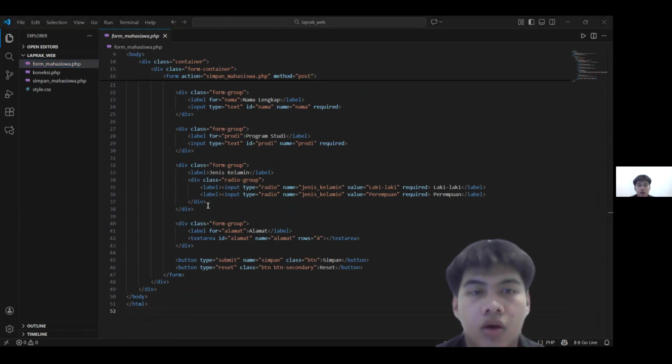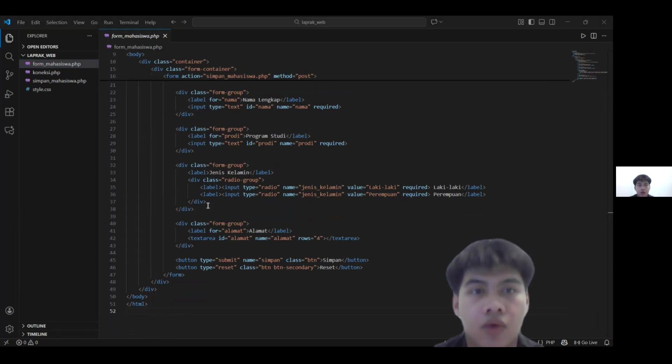And then at the bottom, a green simpan submit button and a gray reset button handle the actions. The form posts to simpan mahasiswa.php. Styling ensures everything aligns perfectly with font stacks like Segoe UI for readability across devices.